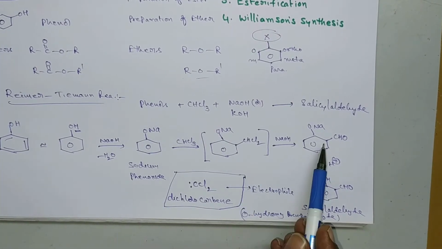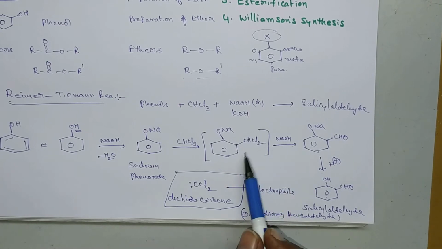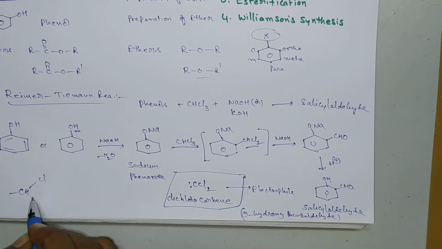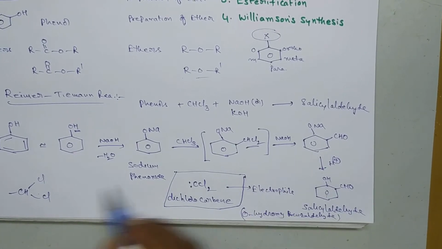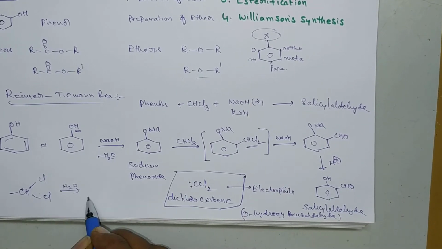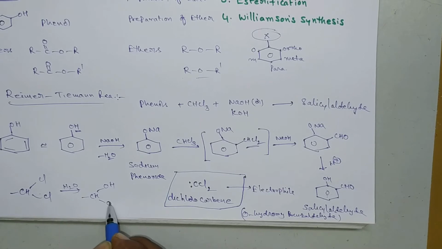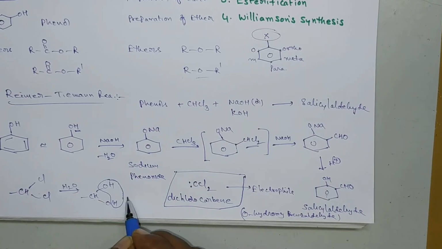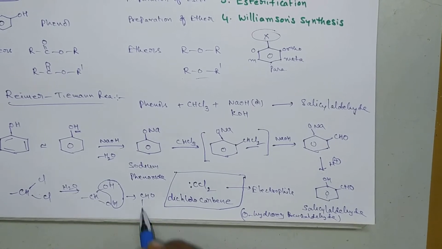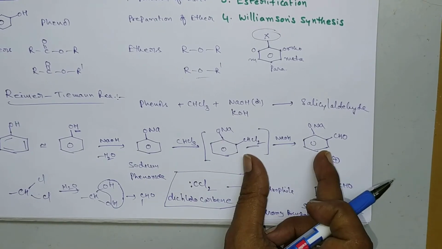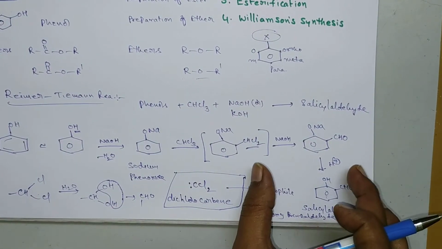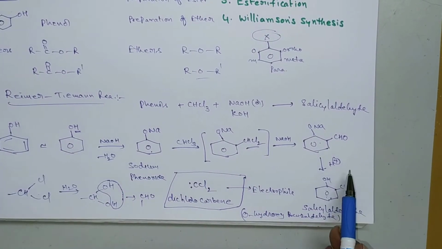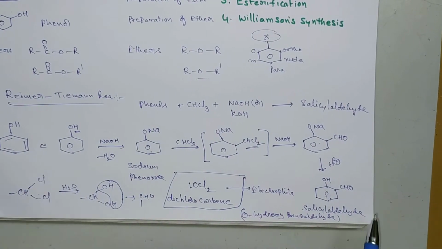So from this step to this step a hydrolysis takes place. So what happens here? Here CH and Cl2 is there. Cl2 we can write it like this. So upon hydrolysis, that is basic hydrolysis, it produces CH, OH and OH. Whenever two hydroxy groups are present on the same carbon, it loses a water molecule like this, then it forms CHO. Okay. So this step is not required. You can write directly like this: phenol, second compound, and finally this compound. You can write like this. So briefly we can write the equation like this.